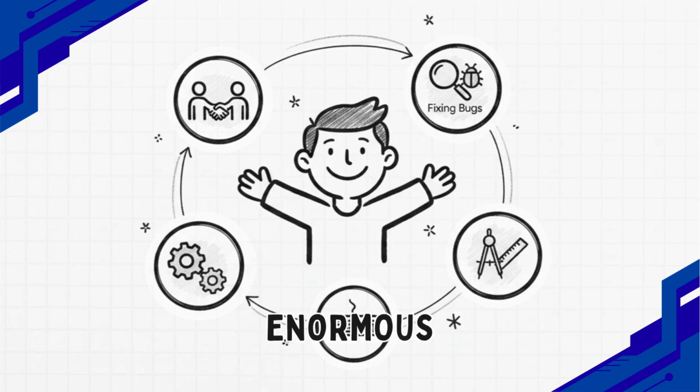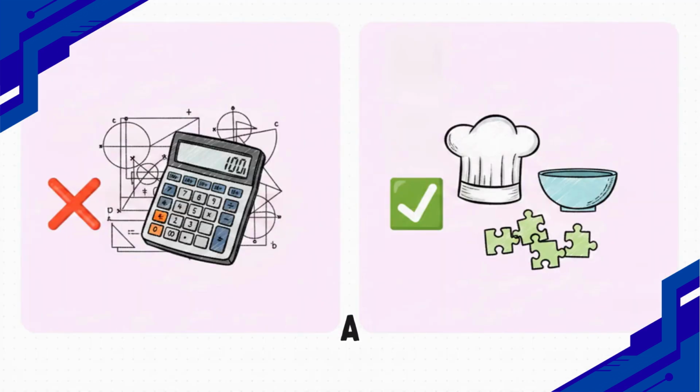Programmers spend an enormous amount of time understanding user requirements, designing the overall architecture, creating the algorithms, and collaborating with their teams. Writing the actual code, that's just one small fraction of the job. The real work is asking the right questions and mapping out the entire solution long before it ever gets translated into a machine's language. And that brings us to busting a few myths.